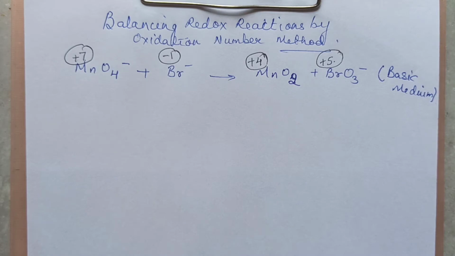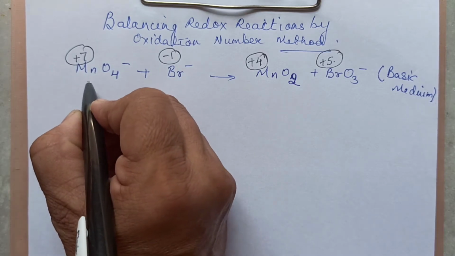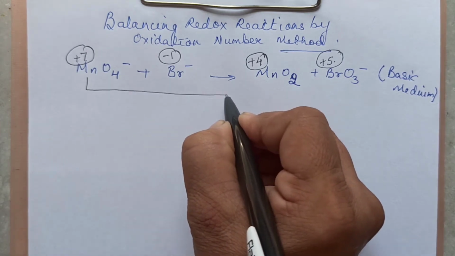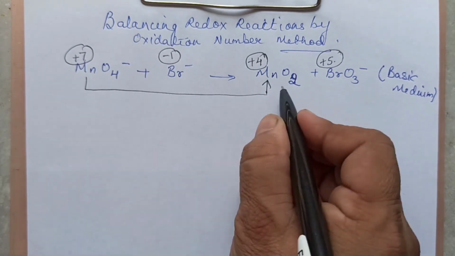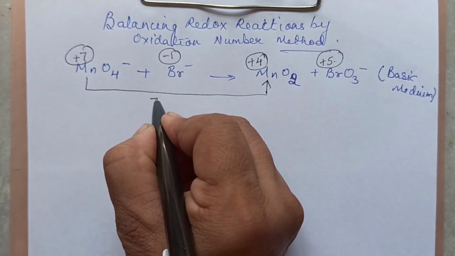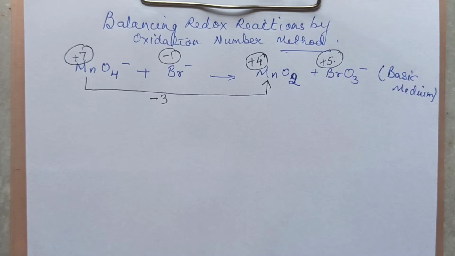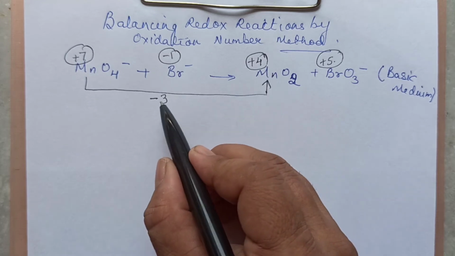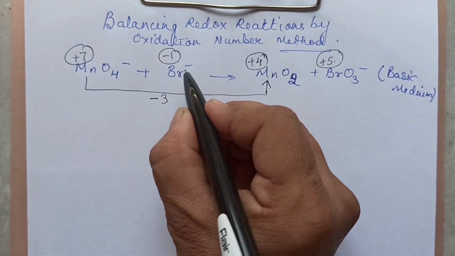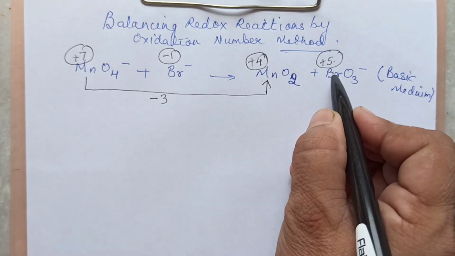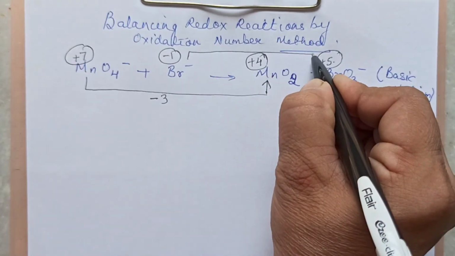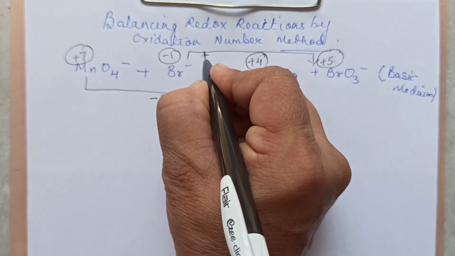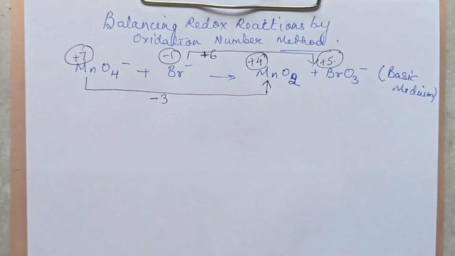And then you will mark which element is undergoing oxidation and reduction. That is, Mn is decreasing in the oxidation state. From 7 it is becoming 4. That means we will say it is decreasing by 3. We have to mark the increase and decrease in this. How much is the increase? In the previous one we were just mentioning what is undergoing oxidation or reduction. So from 7 it has become 4, that it has decreased by 3. From this Br, from minus 1 it has become 5. That means it has increased in the oxidation state by 6. It has increased by 6.